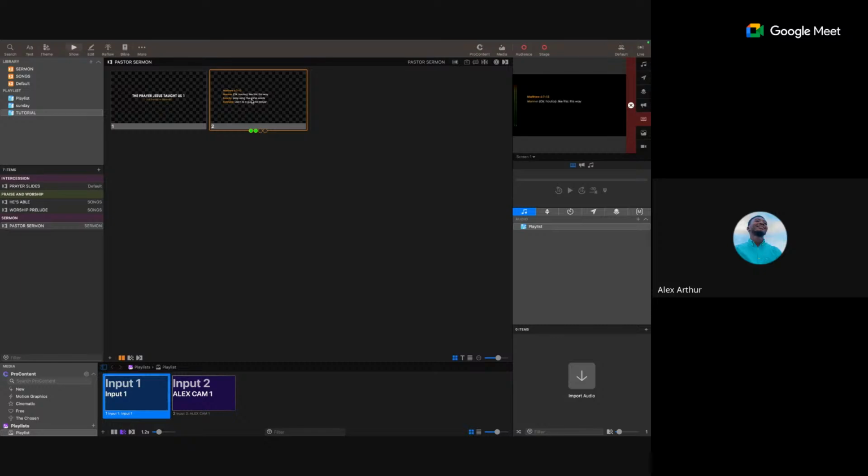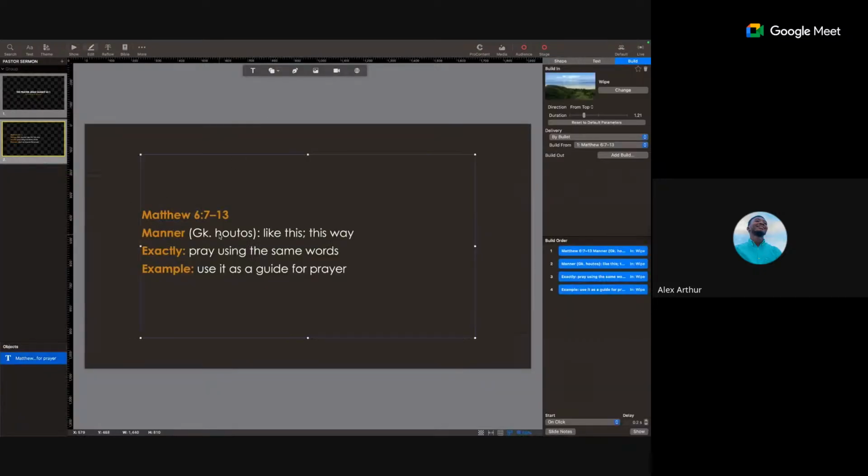So when I click again on the slide, the second point shows. I click again, the third point shows, and I click again, the last point shows. So this is how to go about adding sermons and all that. Depending on whether you have a bigger LED in your church and you don't want everything projected in the middle, maybe you want to have both slides on the left and the right of the screen. To achieve that, you